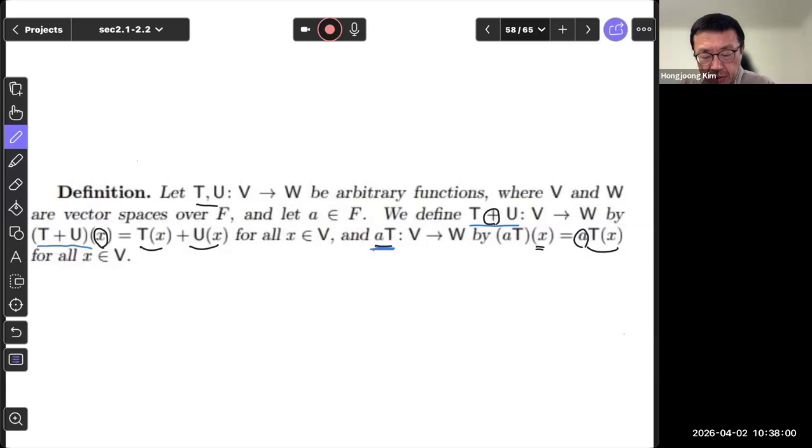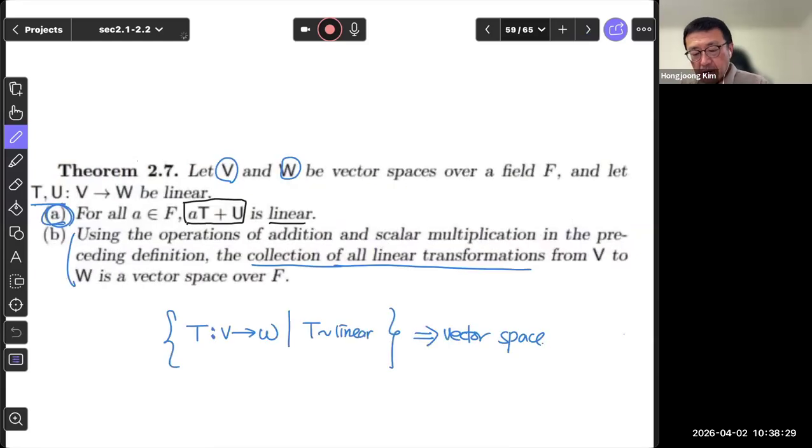The sum of these two mappings maps any vector x to the sum of these two images, and the scalar multiple of T will map x to the scalar multiple of the image vector. If I allow such a definition, then